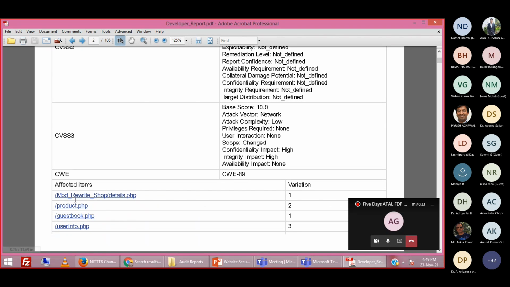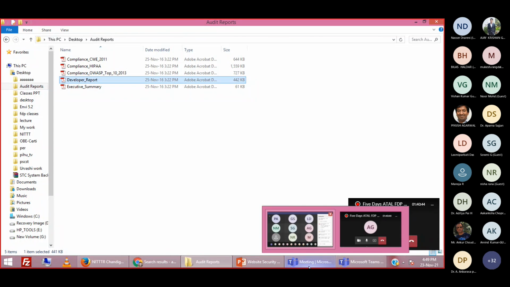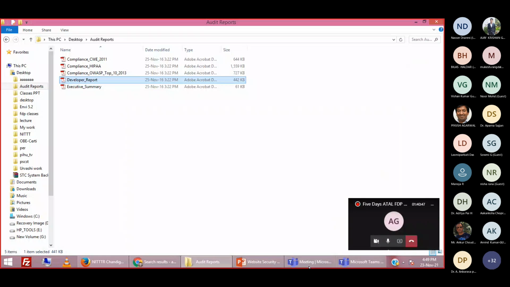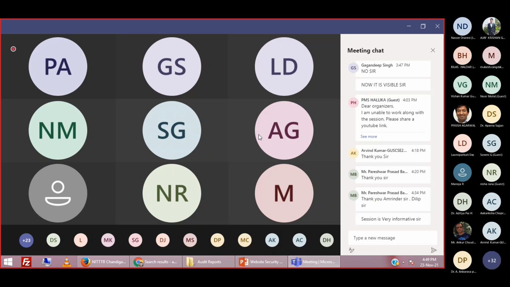The auditors give the exact file path where the vulnerabilities exist, so that developers can patch them. And one thing you should be very clear about is that these auditors charge money just to tell you the vulnerabilities. They are not going to patch them. These auditors are just like a doctor who charges money to let you know that you are infected with this virus, or you have fever due to this virus, but they are not going to write medication for you. So patching these vulnerabilities is the website owner's job.